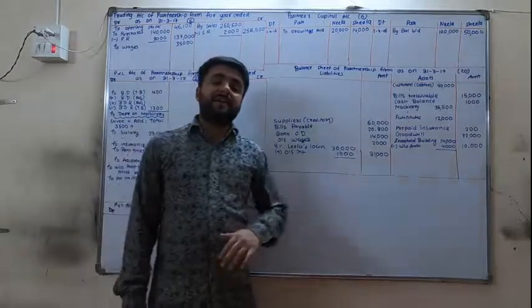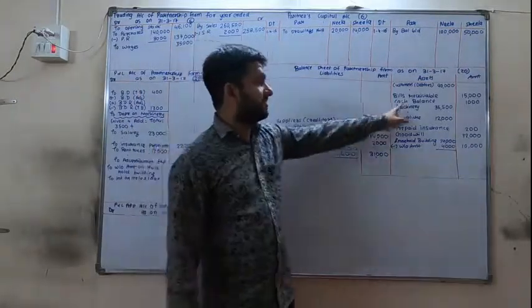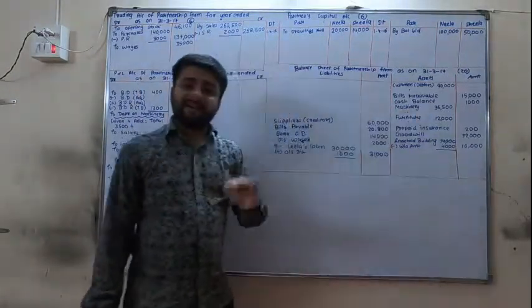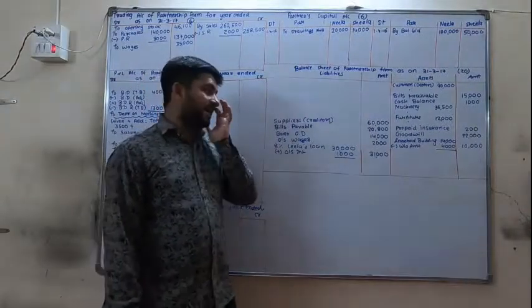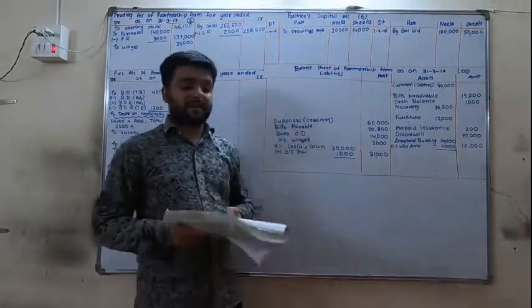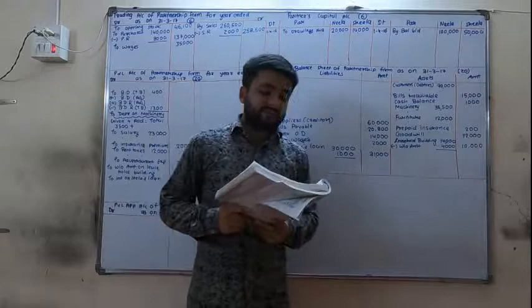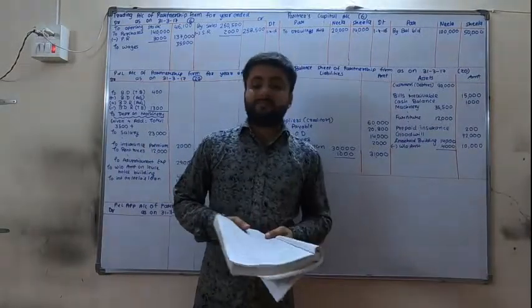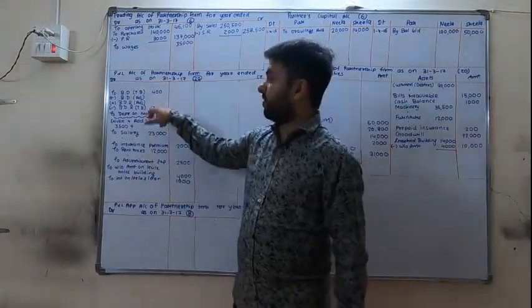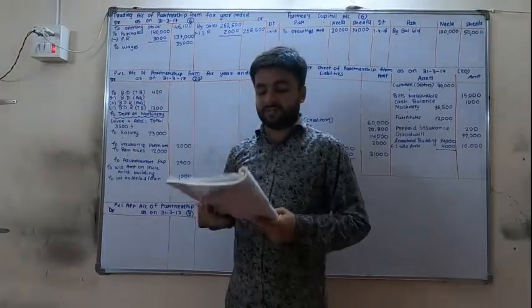Whenever we have both cash and bank, cash is always a debit balance, while bank can be debit or credit. So bank is credit here, so it is a bank overdraft. After that we have bad debts and bad debts reserve. We have drawn the whole format, and the first and last amounts are written.